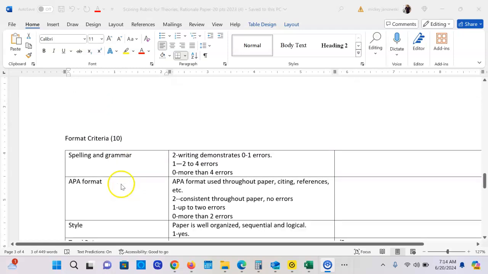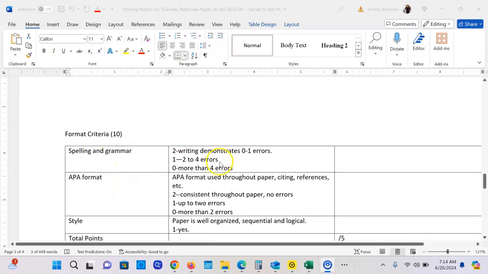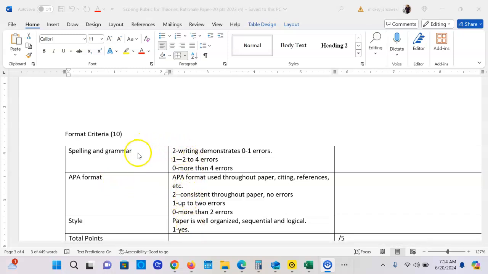And then this part that we always do: spelling and grammar, APA format, and style. Spelling and grammar, you should be making very few errors. At this point in the semester, I'm expecting almost no errors in your APA. At this point, I stop writing what the errors are and I highlight some of them, but I don't even